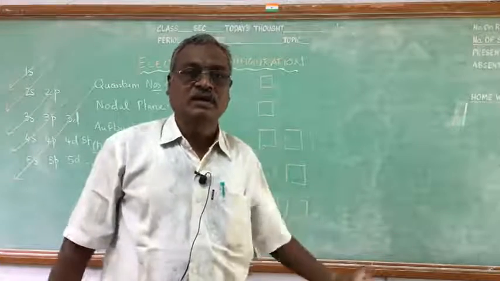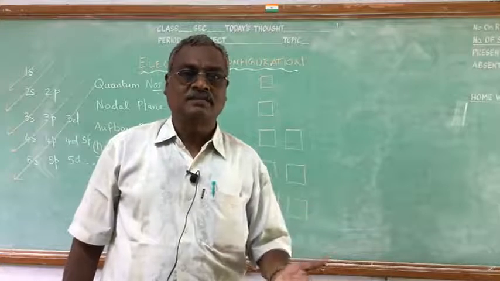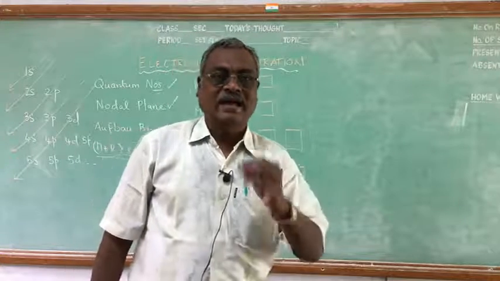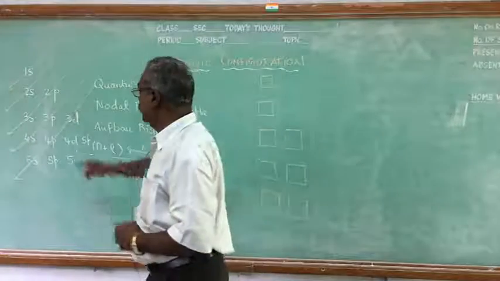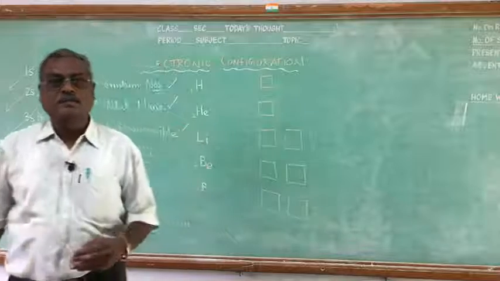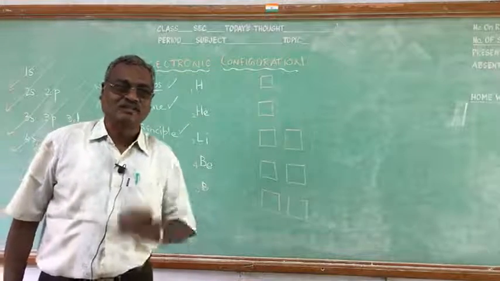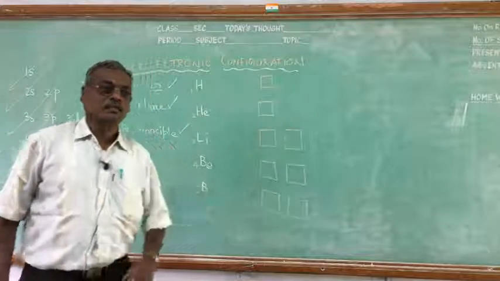So we are going to study how electrons are present in an atom. So already we have known that according to the n plus l rule, the Aufbau principle, lower energy will fill first, then the electron will go to higher energy. That is the Aufbau principle. So lower energy first. So this is the order.